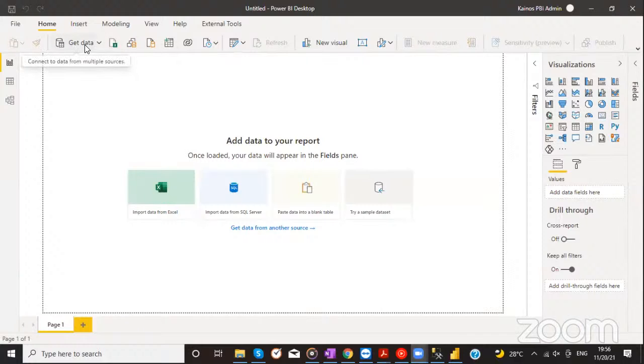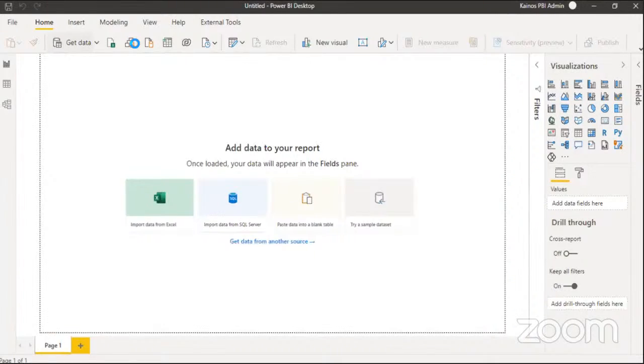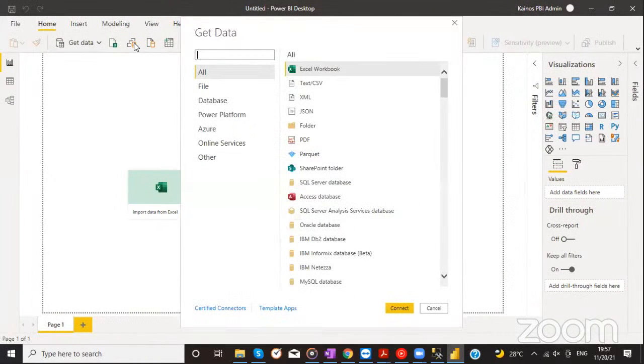Okay, fine. So I have the different data sources here. What I need to do first of all is to import data, so I click on Get Data. I didn't want to use the shortcut here. There are shortcuts for some specific kinds of data because those are the common data that people get. But just to show you how it really works, you can see the different kinds of data,